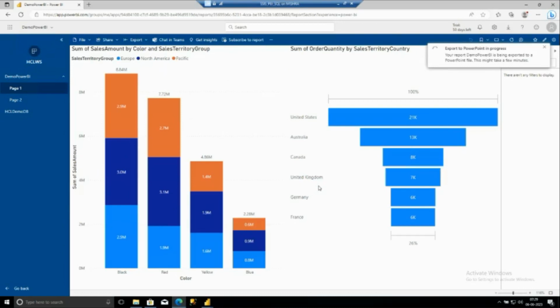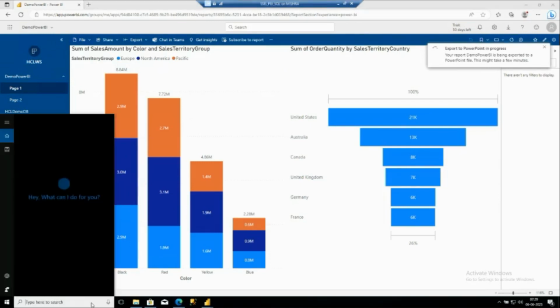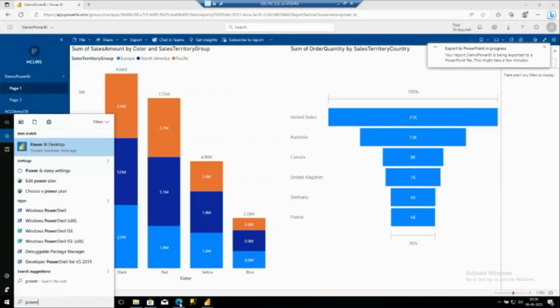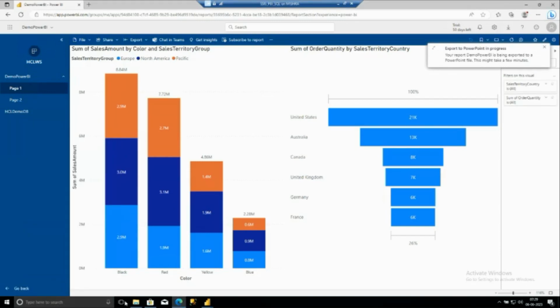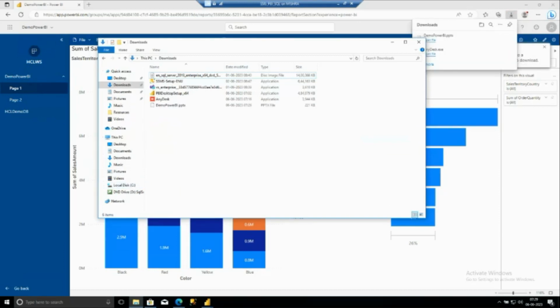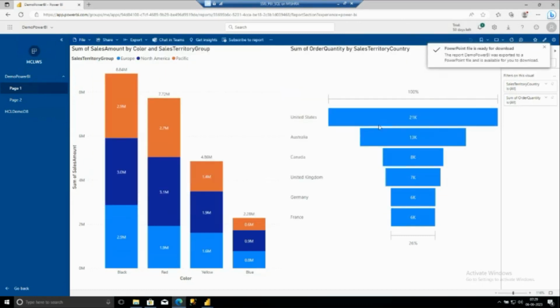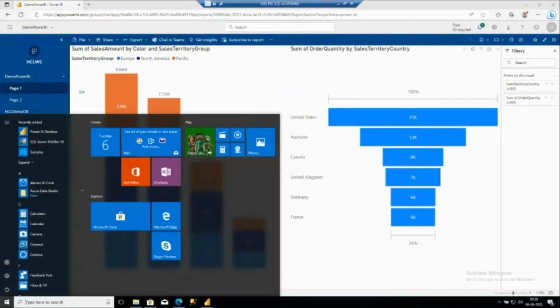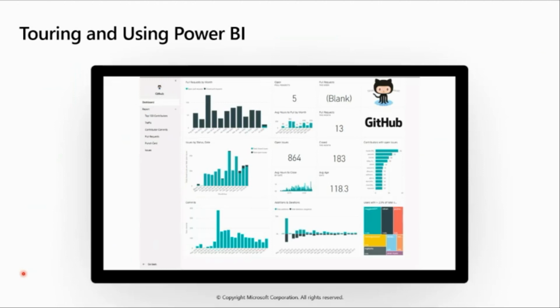But let me check. Do I have PowerPoint installed in this machine? No, no, no, no. Sorry. How is it missed? Okay, no problem. I got a PPT file here. So now at this point, let me just try something and I will add the ISO file and I will make sure it will be available to you as well. Anyways,